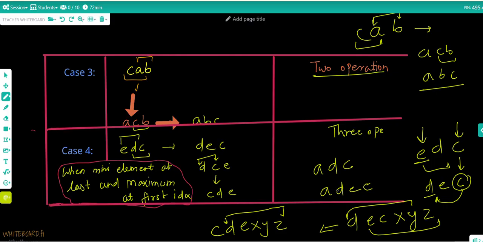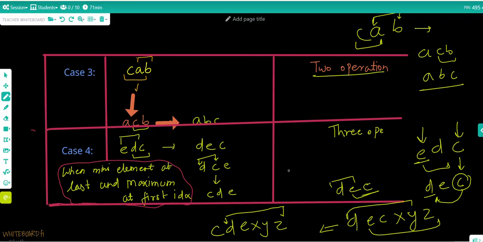If you see this, we have to erase A because we need to check if DAC, then here only one condition is followed. Like the minimum character is at the end, but the maximum is not on the first. Then you can sort this array in two operations, because if you choose,